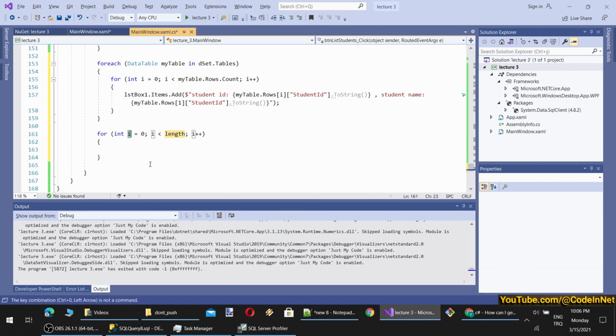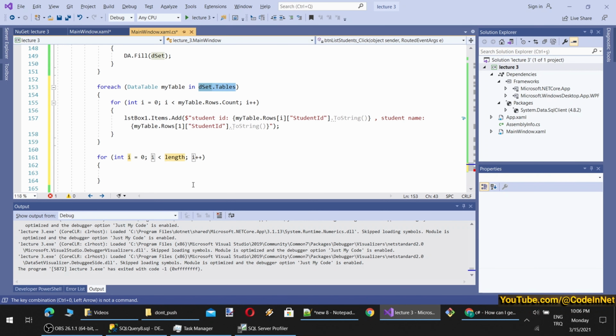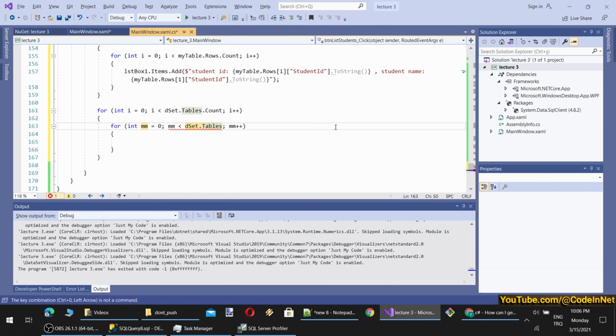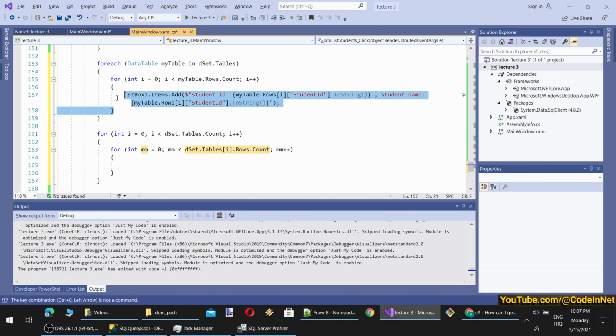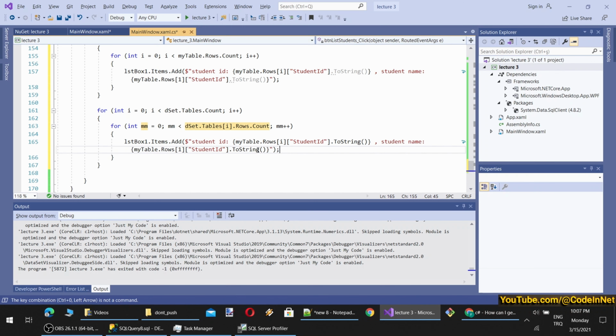This time I will access these tables count, and there will be 2 for. So let's name this as okay. These tables rows. By the way, it will be I, not here. Inside these rows, yeah, we will access them like this. So this time let's write only the email, student email. Yeah, this time we have to access it like this, student email.